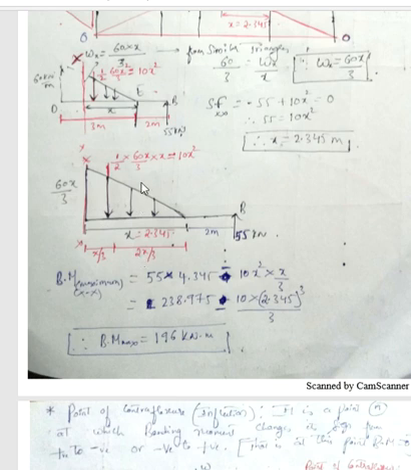So minus the force, 10x square, into the perpendicular distance, which is x by 3. I've calculated the value of x; we all know that x is equal to 2.345. Now when I multiply, substitute the value of x: x square into x will become x cube, and x is 2.345. So 2.345 cube divided by 3. Finally, I'll get the value of the bending moment as 196 kilonewton meter.